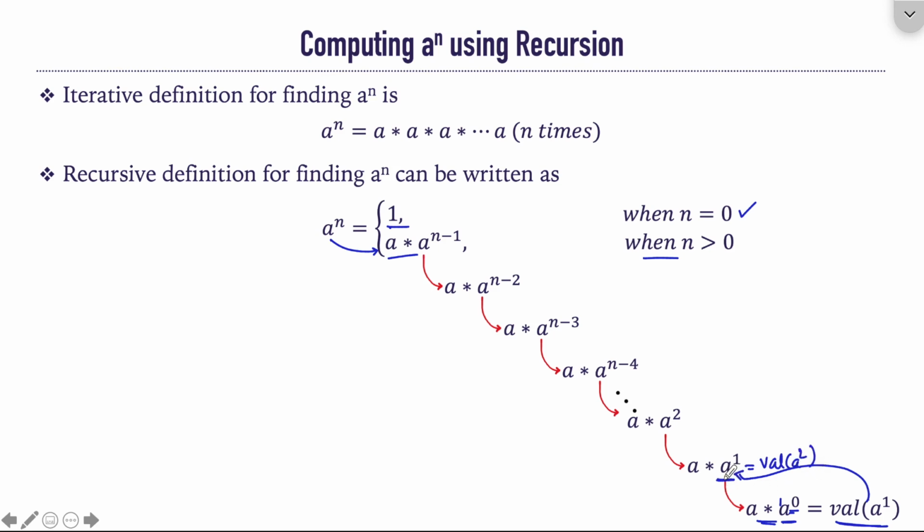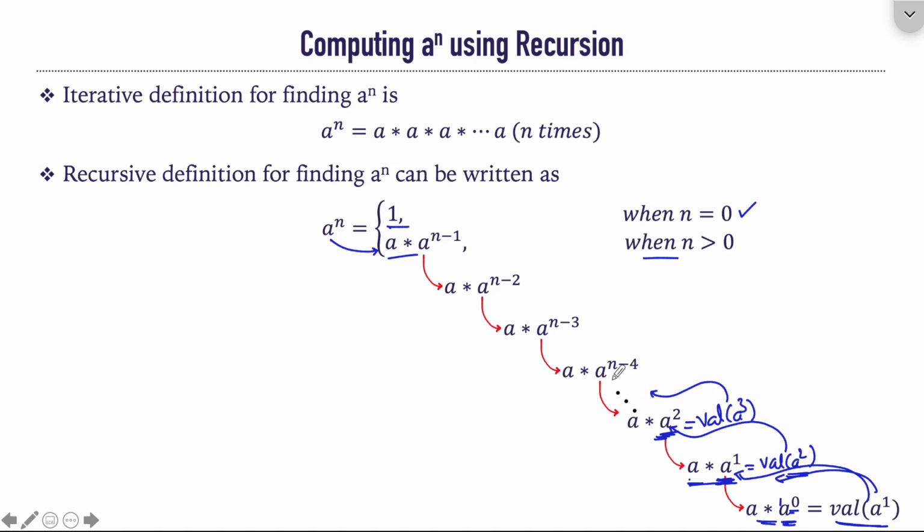So we got the value of a power 1, and you are multiplying the value of a power 1 into a, which will give me the value of a square, right? Because this is the one which we have written like this. A square is written as a into a power 1, and a power 1 is written as a into a power 0, and we have substituted this back. So we have to substitute the value of a square also in this. Now after substituting the value of a square here, we get the value of a cube, which should be substituted in its caller, right?